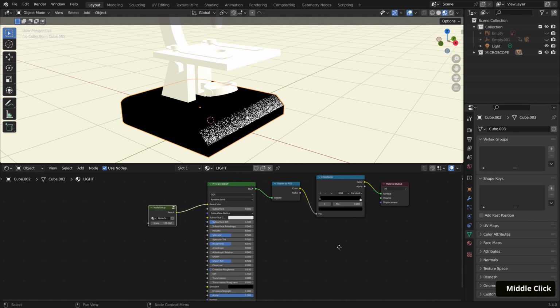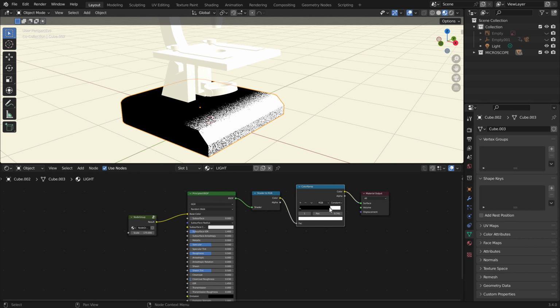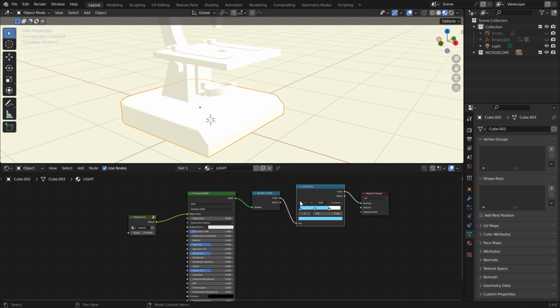Now, we'll move on to adjusting the coverage and changing the colors. Going to our color ramp, let's drag this white slider over to the left a bit. I'll change this black to a medium blue. I also want another color in between the blue and white, so I'll hit this plus icon to add another slider. I'll make this a lighter blue.